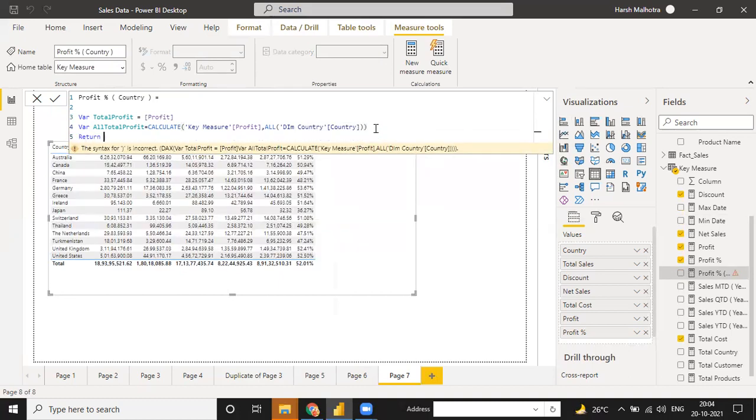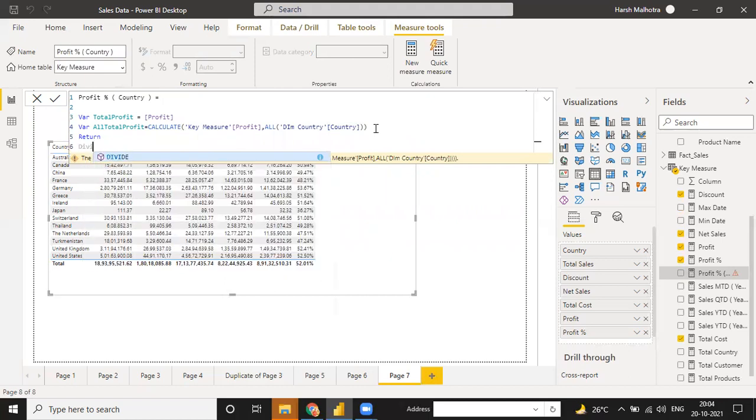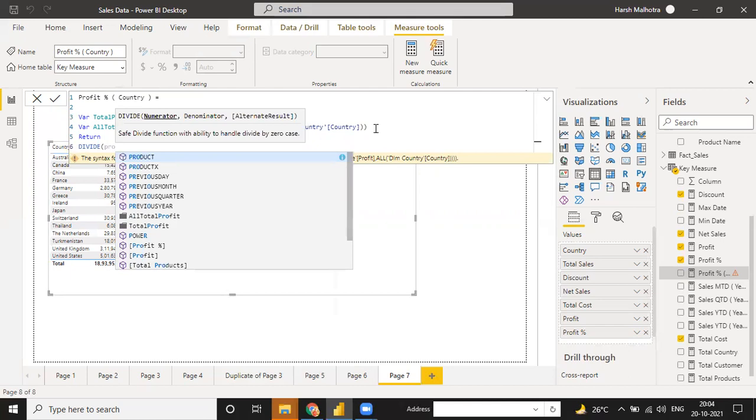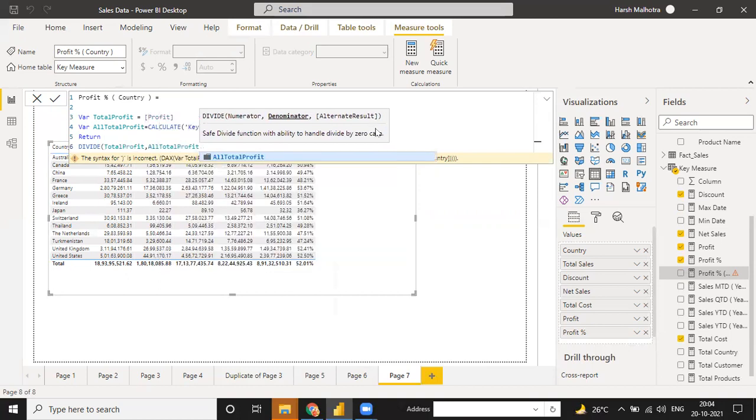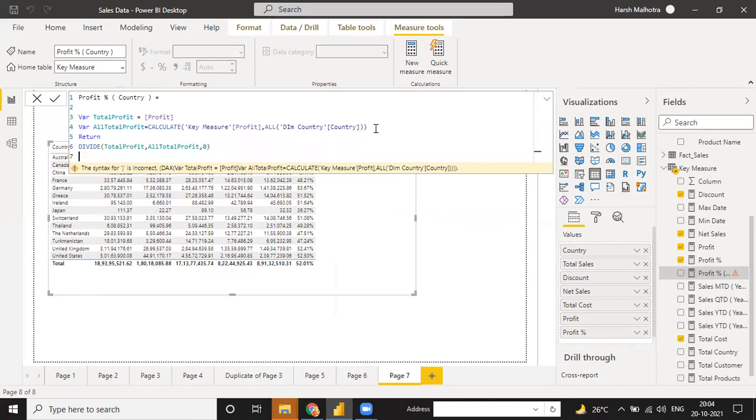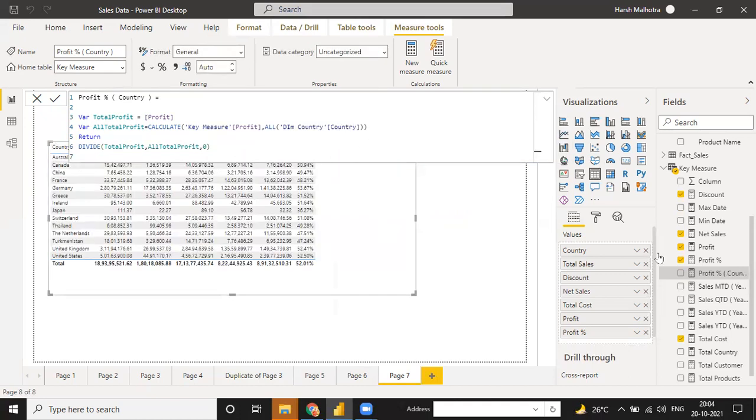Now press return value, and then use a divide function: this is your total profit, divide by all total profit, comma 0, and then when you press enter, it will give you the correct result. I can just drag this value and see, it will give you the one.